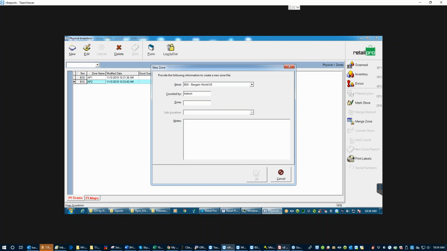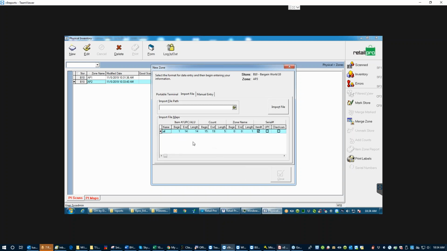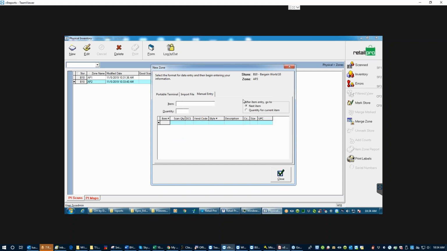All right, so zone AP3, manual entry. Okay, and then while we're talking about this, if you have some stuff that is sitting on a workstation that's close to the merchandise, like a jewelry counter or something like that, you can potentially scan a barcode in manual entry here. So manual entry, scan a barcode, and you can also set this radio button where it says